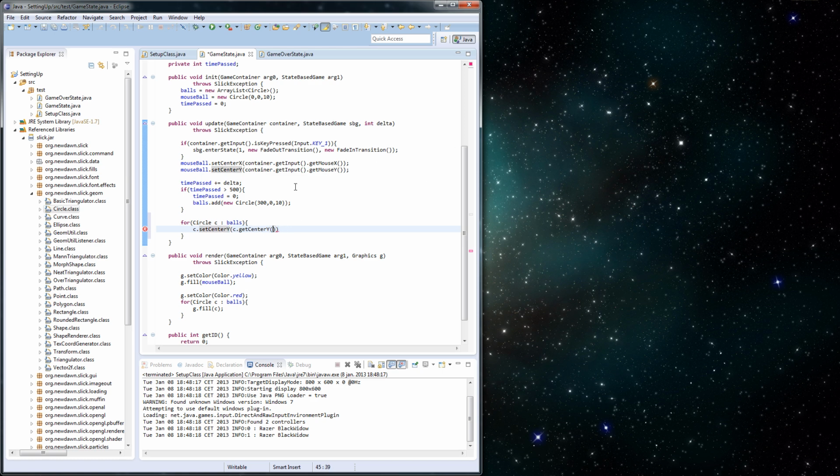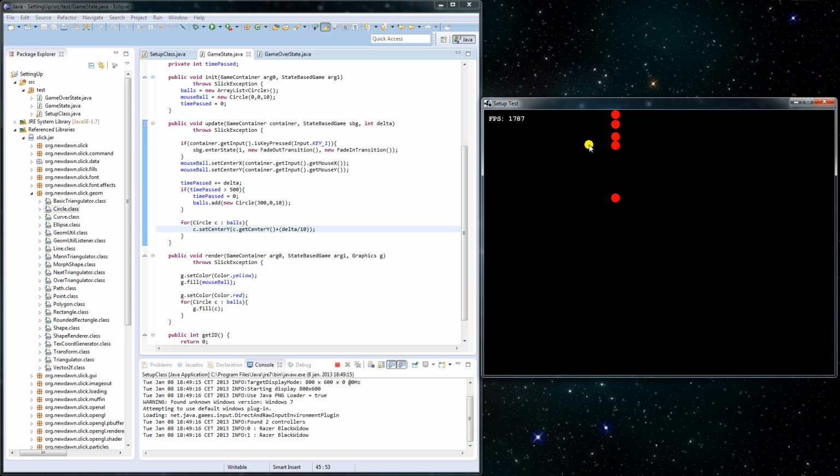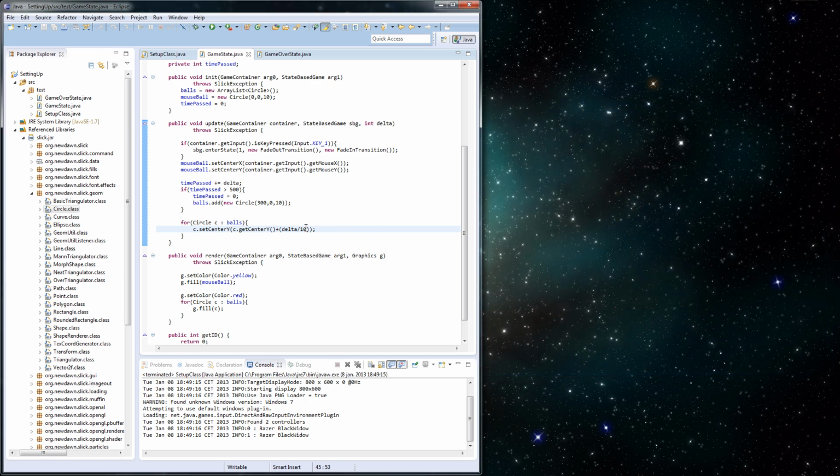And we're gonna increase the y here, and let's just increase it by let's say delta divided by 10, because 17 pixels every time would be too much. So let's say this should be like 1.7 or something if we have 60 frames per second. So let's see, and there we go, dropping about every half a second, but they're moving a bit slow, I think. So let's increase it a little bit,